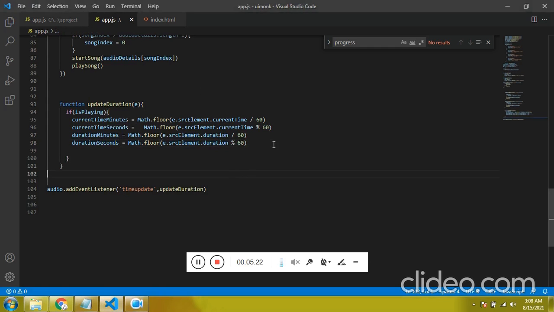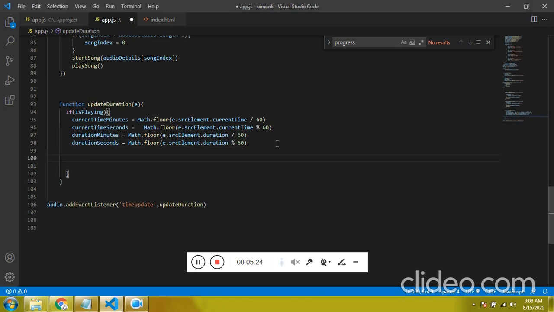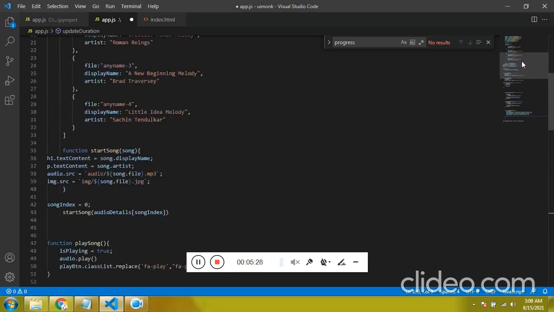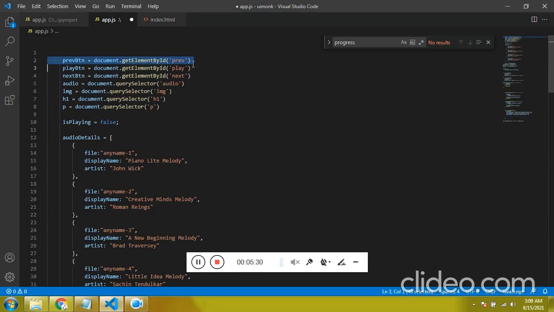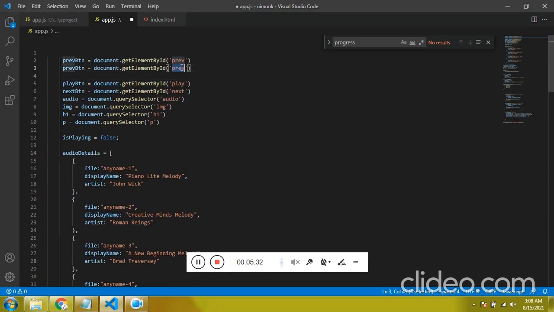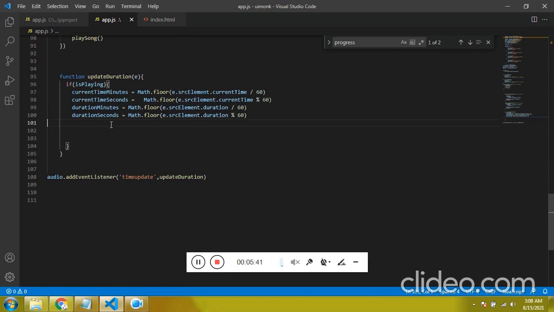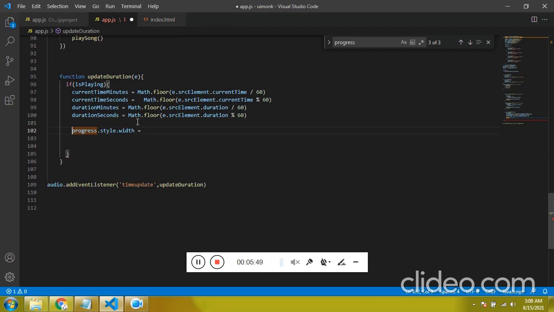Now let's fill the progress bar. So to fill the progress bar, we have to get the element progress. As I've already shown you, I'm just directly going to call this in the JavaScript. Let's store this into a variable called progress itself. And now progress.style.width equal to, we have to pass the percentage.